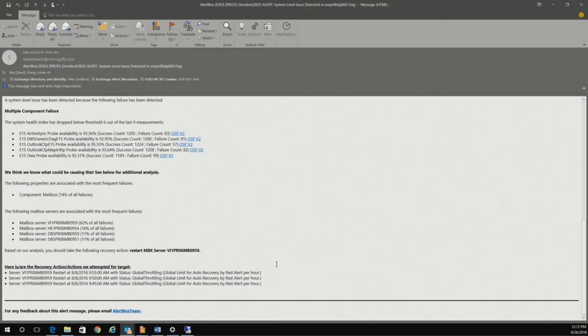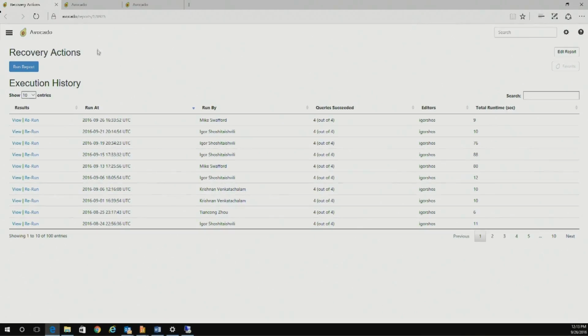And we like to have the systems automatically recover. But on the flip side, we don't want to have them automatically recover, reboot every machine in the entire service at once and cause the lights to dim on the eastern seaboard. So we decided to put some hard limits in place to make sure that we didn't reboot too many machines. We have a report that tells us what's going on. So here's the generic report.